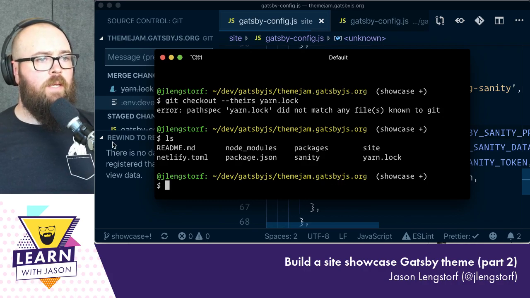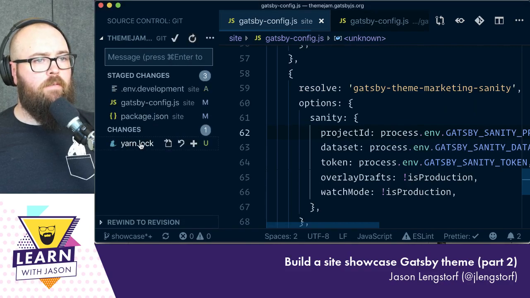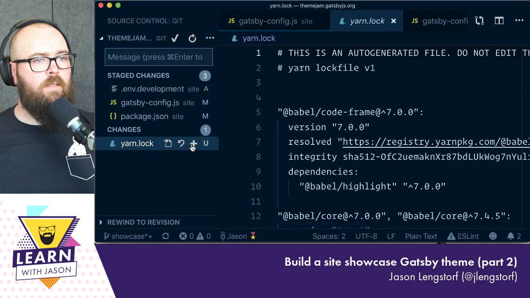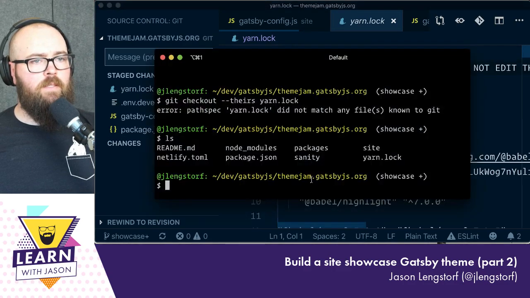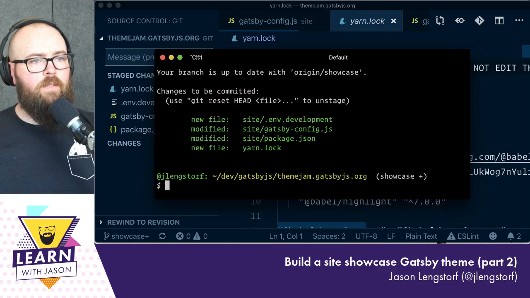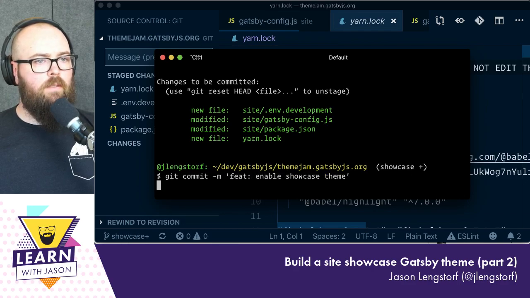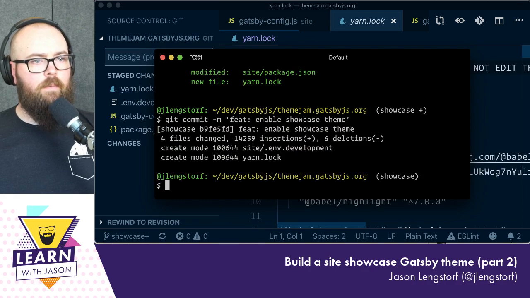Fun. So today, instead of actually building things, we're going to figure out how to... oh, this is all fine. Okay, so that's fine. This is what we want. I'm going to git commit. Let's see. Sure. Merge. Or, no, this is a thing. Enable showcase theme. Okay, so then